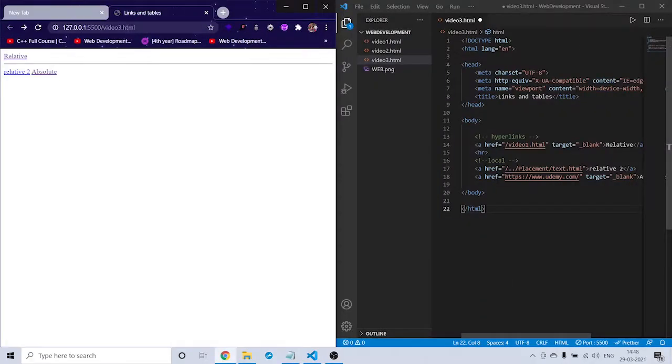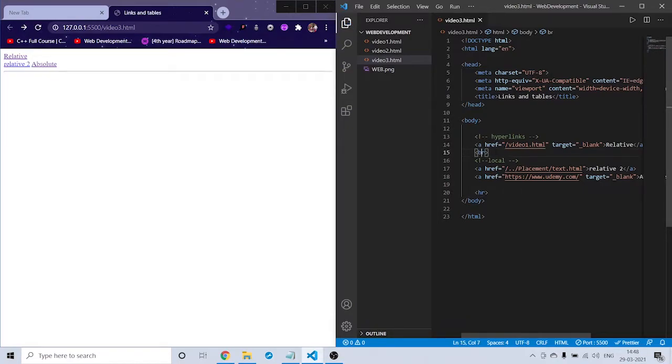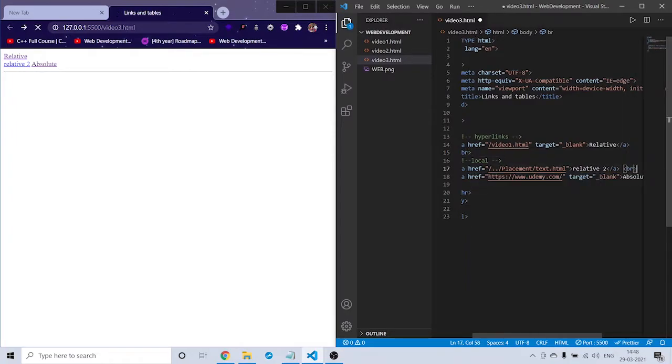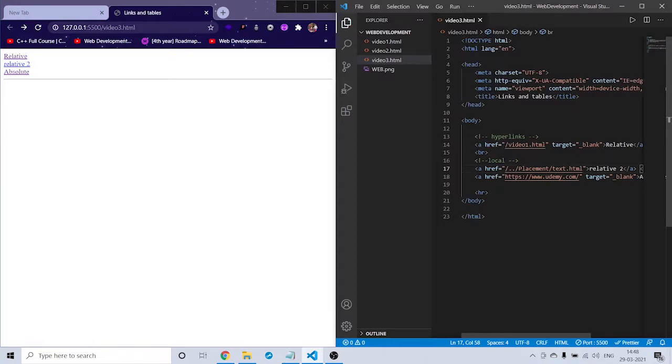So what I will do is I will give an hr tag here. I will change this hr to br, and this also here br. I will give a heading here, h4, table, and here I will give a heading h4, hyperlinks.